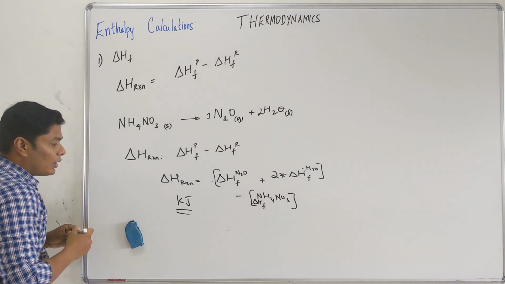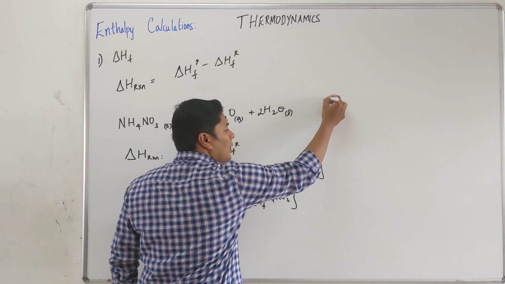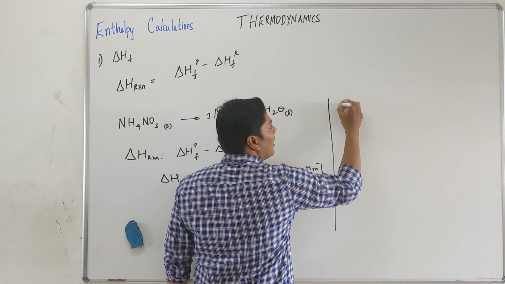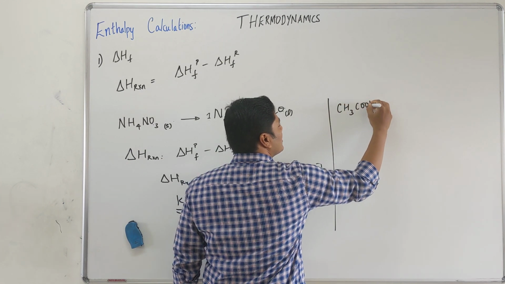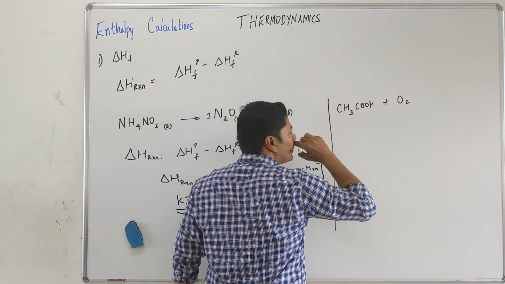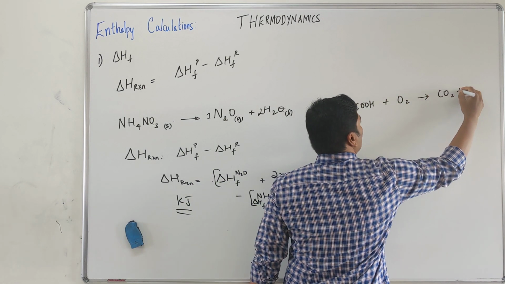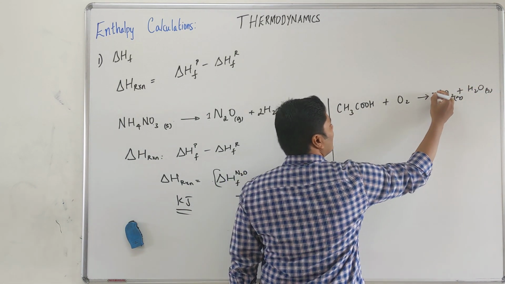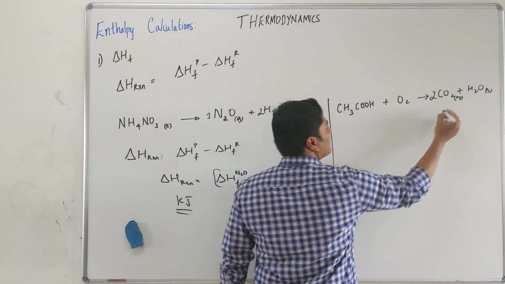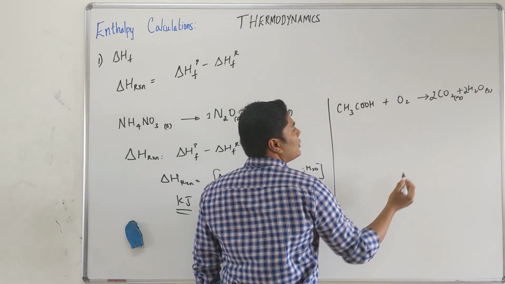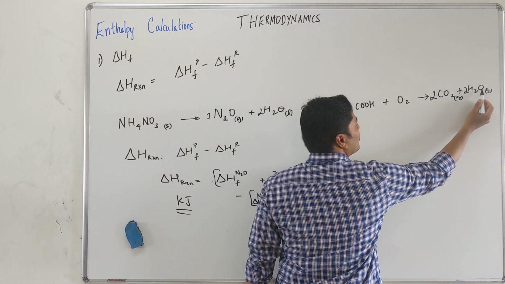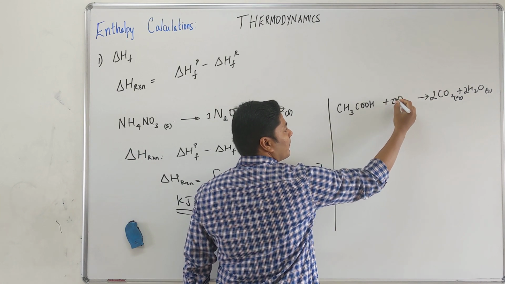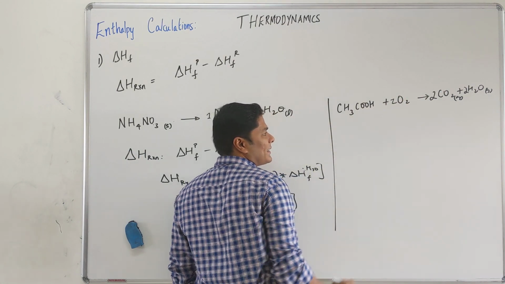Okay. Now here you want to make sure that, we will do one more example. Let us take combustion of acetic acid, CH3COOH plus O2 gives you CO2 plus H2O, just make it gas. Okay, there is 2 carbons, so that will be 2 here, 3 plus 1 4 hydrogens, so that will be 2 here. Okay, so I have 2 times 2 is 4 plus 2 6 oxygens, 2 oxygen are given, so 2 plus 4 is 6.